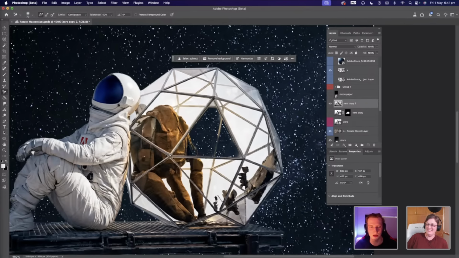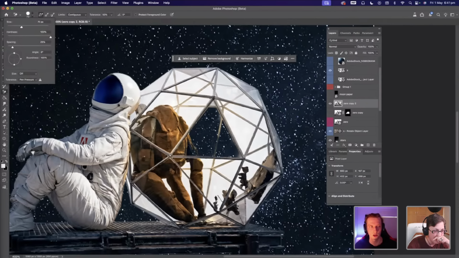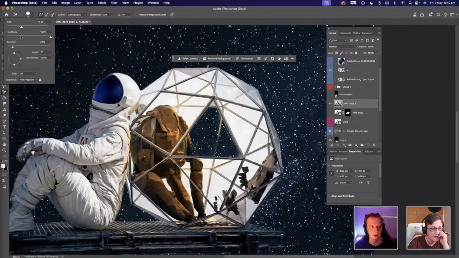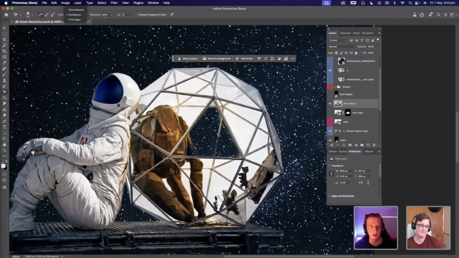Okay, so this tool is, if we go here on the toolbar and you go to the background eraser tool, turn it into a soft brush. Normally it will be 100% hardness and it will do it like this, which is okay, does decently. I turn down the hardness, make sure it's on this double eyedropper, continuous, and a tolerance of 50%,